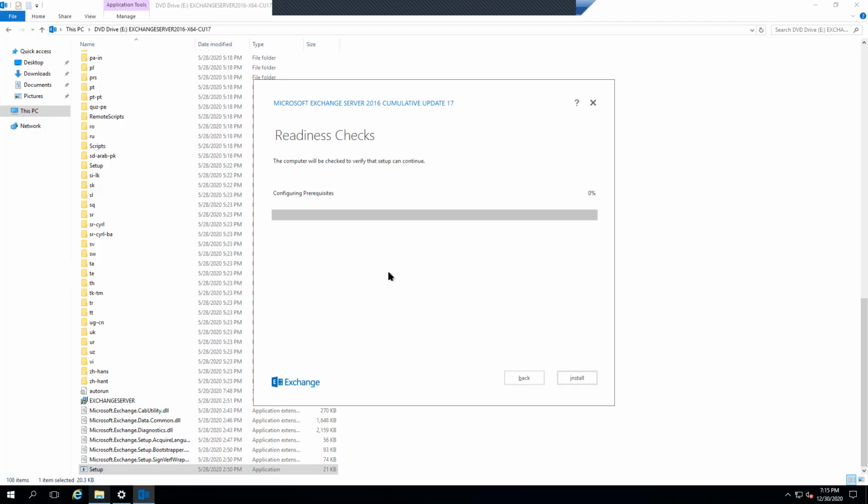So how much RAM did you allocate? 24 GB.